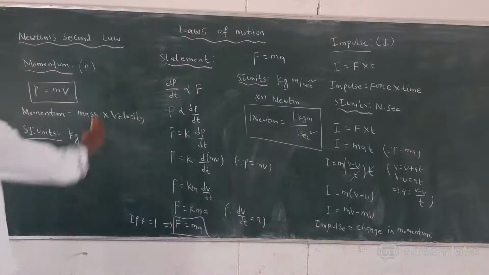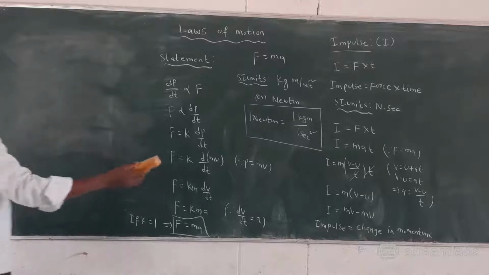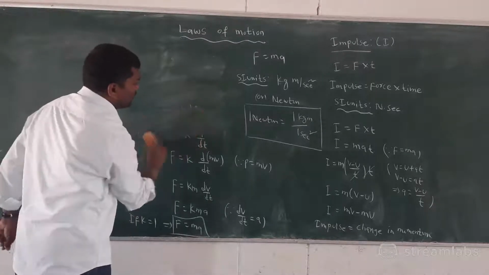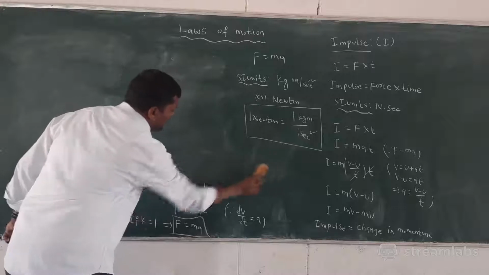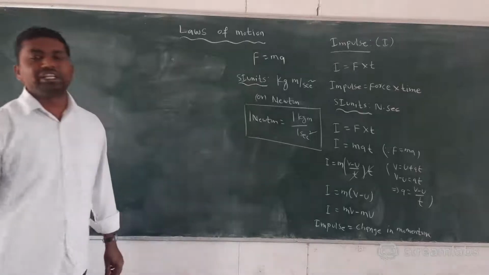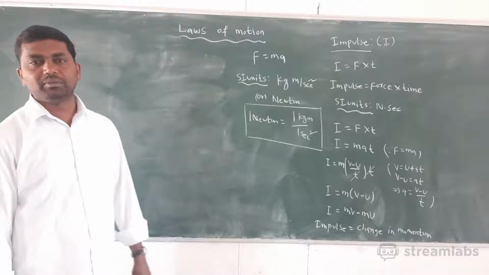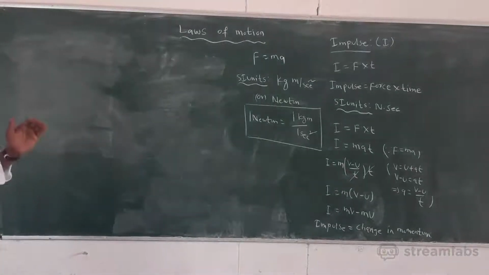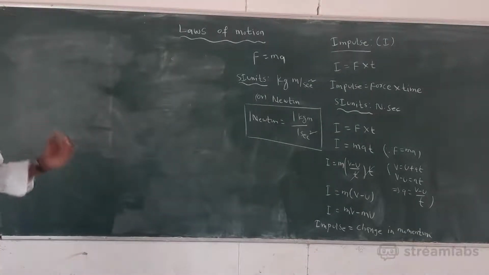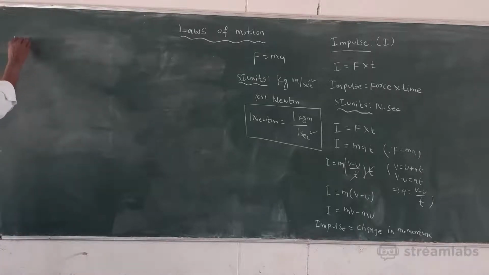Next, we can take the second formula. I is equal to mv minus mu. Now next we can learn about the law of conservation of linear momentum. In this one we will define momentum, define impulse, and state the law of conservation of linear momentum. Next we will discuss the law of